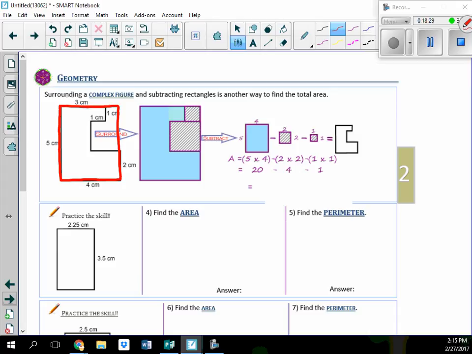So based on the numbers that I had from the previous shape, this is the same shape. We knew that this was 2, and that length was also 2. So we can say that this square here is 2 times 2, which would be 4. We have this little shape up here, and we figured out these dimensions before, but we could say 1 times 1, so that's going to be 1. And if we have 20 minus 4 is 16, minus 1 is